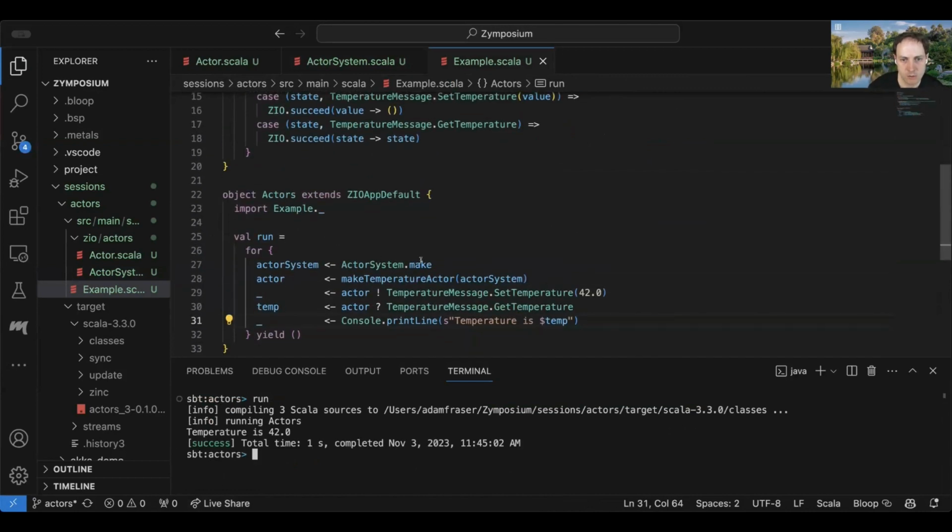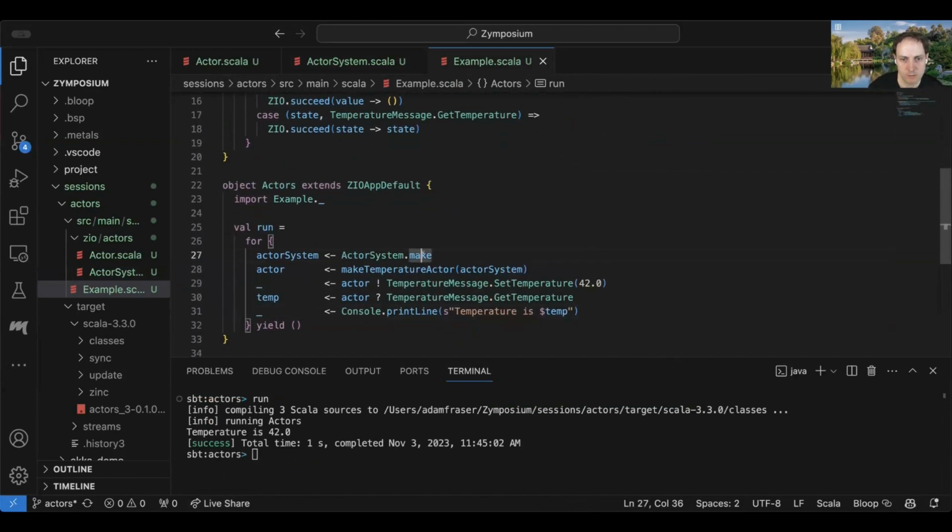And now this make thing, if my VS Code works, which I guess it may not. Okay, all right, no VS Code right now. But this act.make is requiring a scope, and run is providing an application level scope. So now run is going to make sure this actor system is shut down when my application is done.